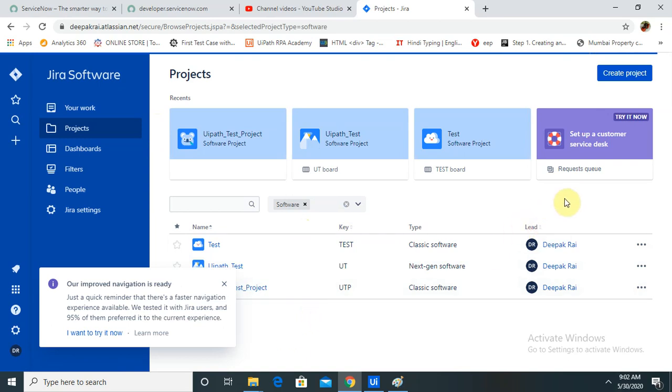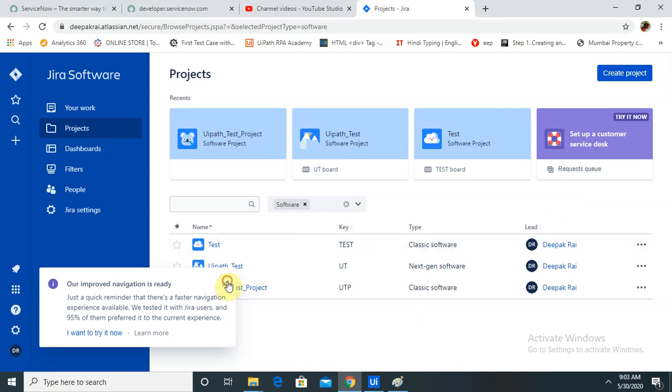Logging into Jira and performing an SQL query is a bit difficult, so we will do that here in UiPath without logging in to Jira. It's already automated, and once the project manager needs the defect list, he will go to the query, run it, and get the defect list in some format, whatever is coded.